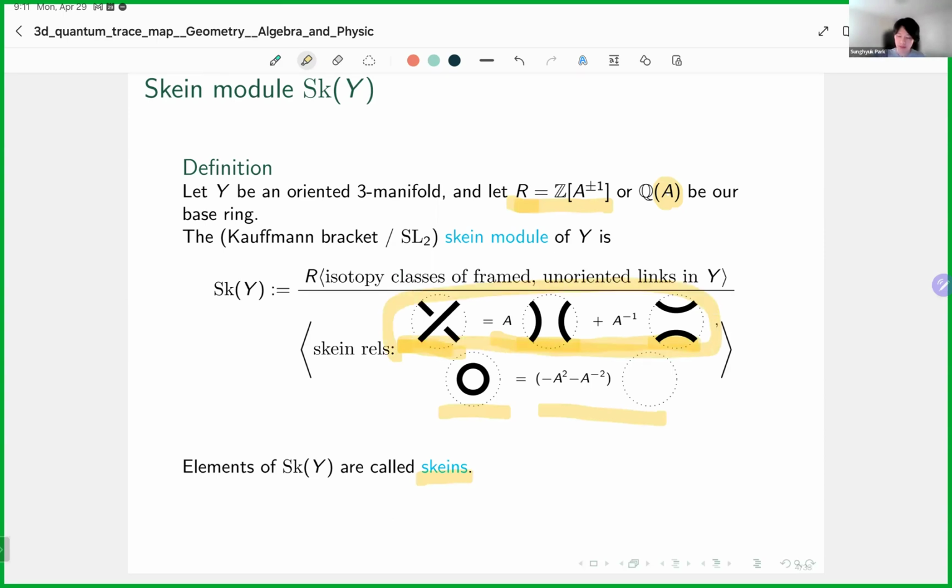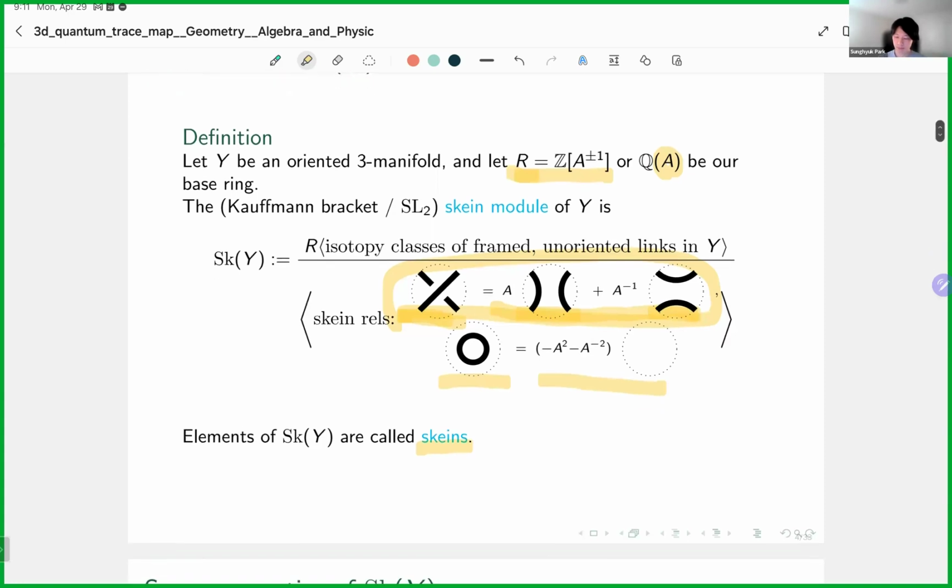if we rotate this individual picture, say 90 degrees, then the right-hand side will remain the same because A inverse will be the same. Whereas on the left-hand side, what was a positive crossing will look like a negative crossing. That is, the sign of the crossing is changed. It means that when A is either +1 or -1, inside the skein module, the strands of the links are allowed to freely pass through each other,